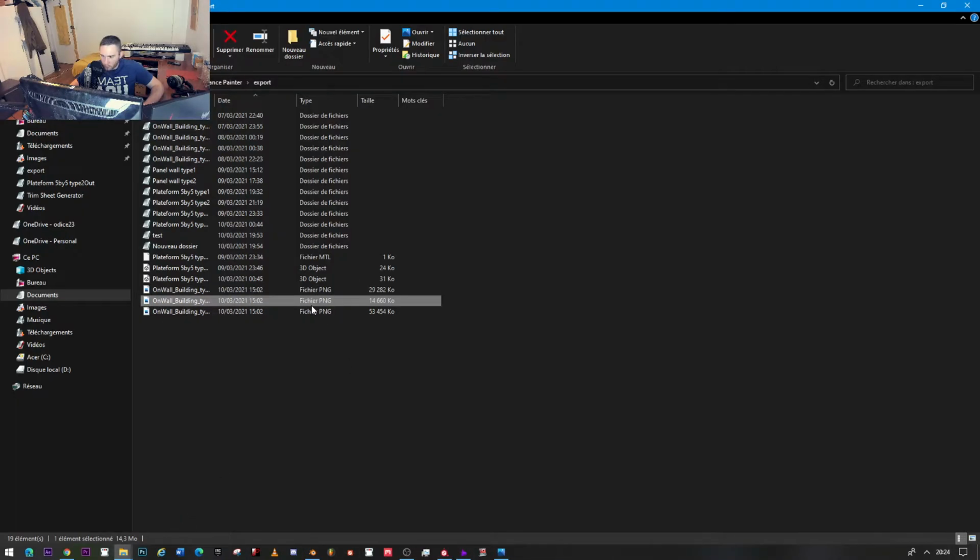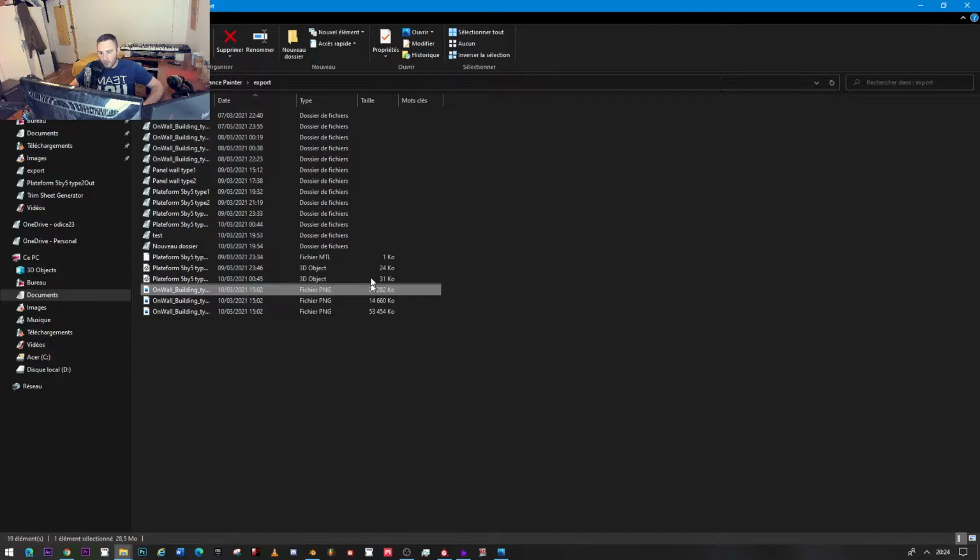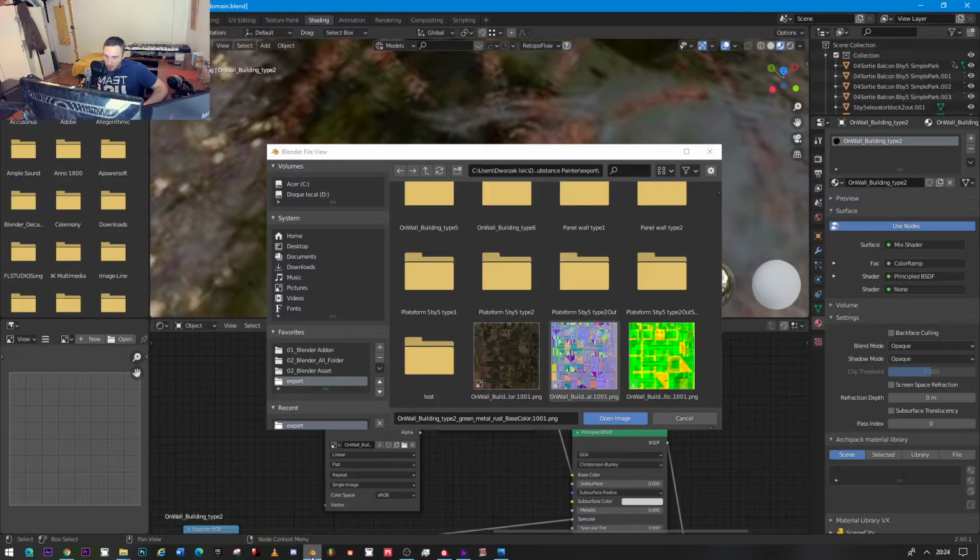If I go and export this one, it is the good quality one. It's like 30. As you can see, the side right there, it's 30. It's very high. For a texture, it's very, very high. And if I have like 20 or 30 or 500 buildings like that, it will just not cut it. So, but the other one,